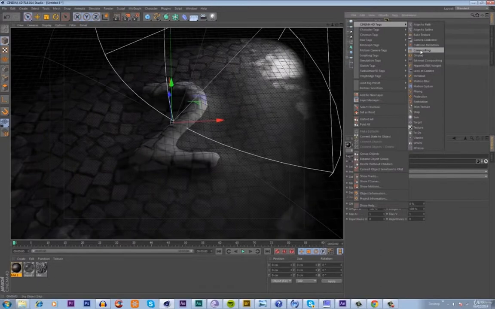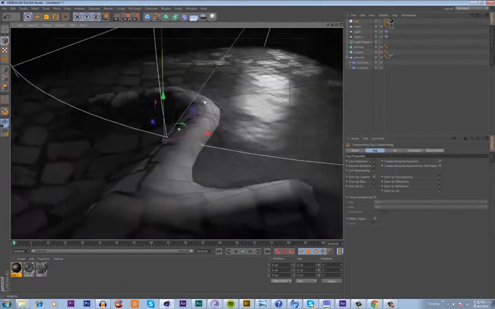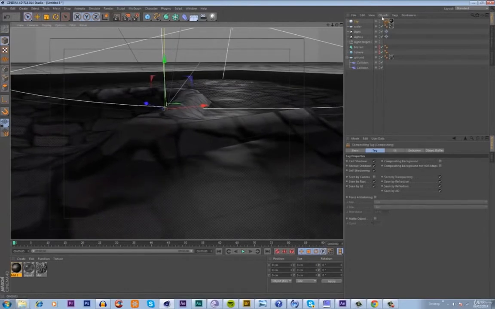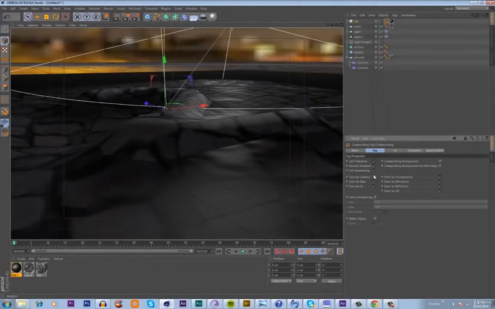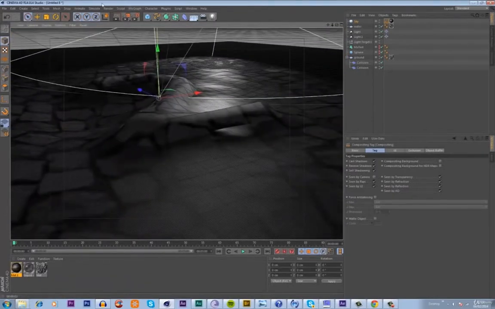and I'm gonna just pop this onto my sky object, and I'm gonna go to apply a compositing tag and untick seen by camera, because I don't want to see this in the background when I look at low angles like this. Let me show you what I mean. I don't want to see any of this. Okay, so now if I were to render this again,